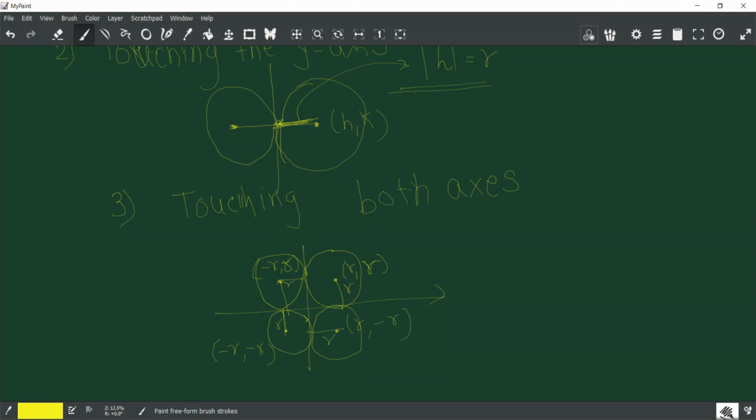Depending on which quadrant it lies in, you just pick, and if you understand the basics, you don't have to learn it by heart. So this is touching both the axes. Now you've learned tangents also. Now I think you know what I'll do. I will first take the sums based on these forms, then we will go to the tangents part.